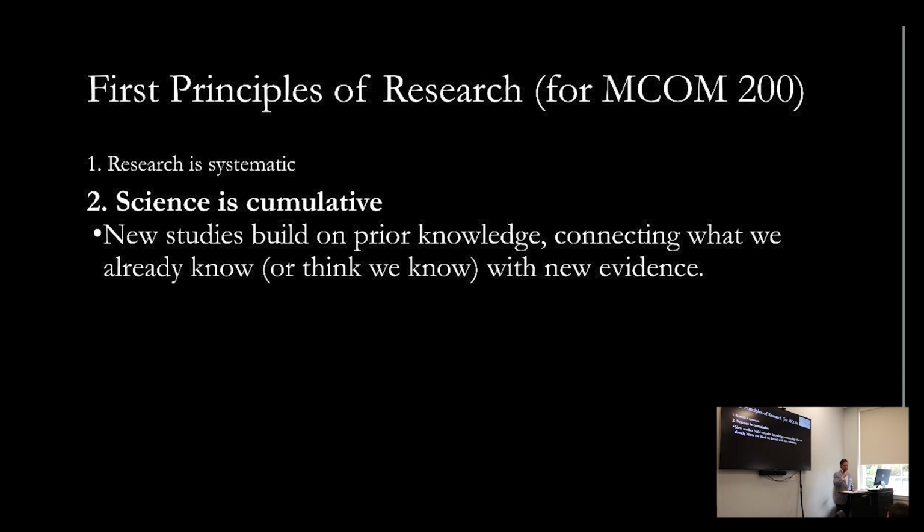And we talk about this again next week when we talk about literature reviews, and chapter 6 of your textbook covers that. When we go to the library 2 weeks from now and we start to think about how do we find sources to support some of the things that we want to do in our studies. This is all about the cumulative nature of science. In order to know what kind of question to ask next, you got to know what happened before, because that question may have already been answered satisfactorily.